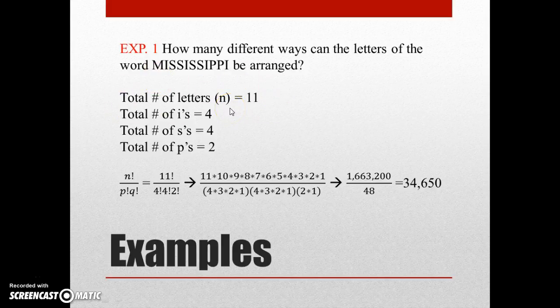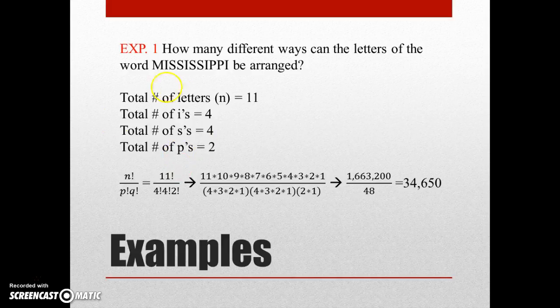Now we need to look at what repeats. So obviously Mississippi has a lot of repeating letters. So we look at the number of i's, we count 4, right? 1, 2, 3, 4. Look at our number of s's, again there's 4, and then our total number of p's, there's 2, right? And then m, there's only 1. We don't need to worry about that because it won't affect our answer.